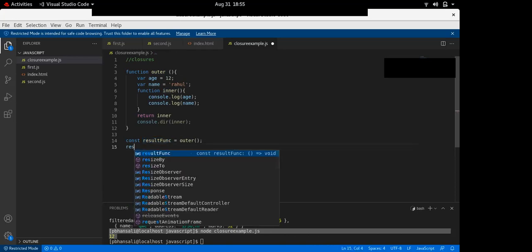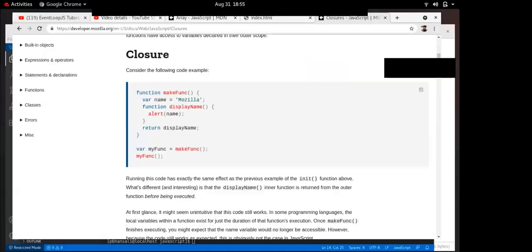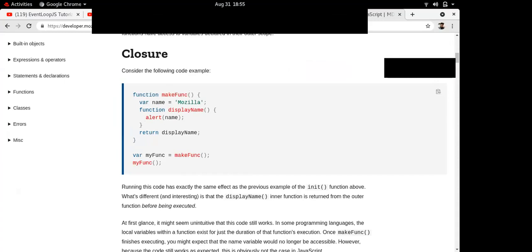This will not work in any other programming language, because result function, when I call it, will not have access to age and name in any other programming language. But because it is JavaScript, I will show you the definition of result function.